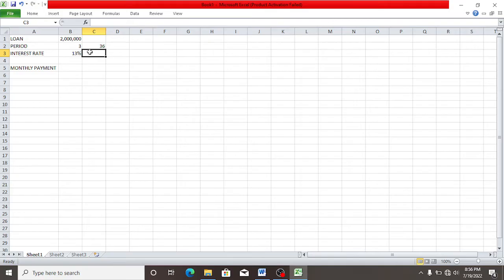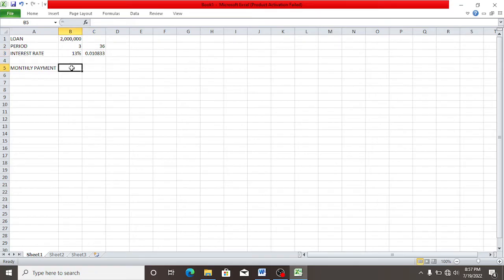So there are going to be 36 months in 3 years. To get the monthly interest rate, it's going to be equal sign 13%, which is the annual interest rate, divided by the number of months in a year to get the interest rate for each month, and it's going to be constant.